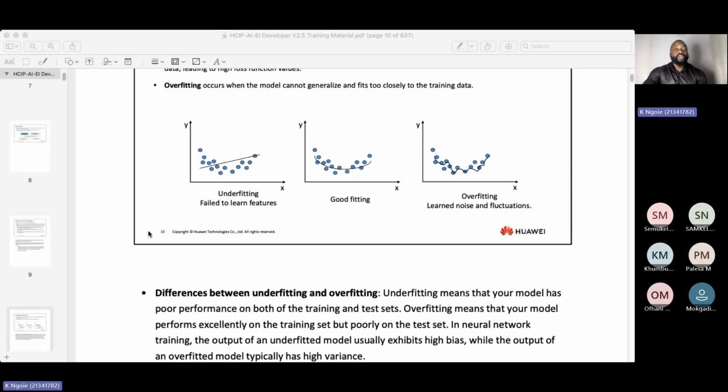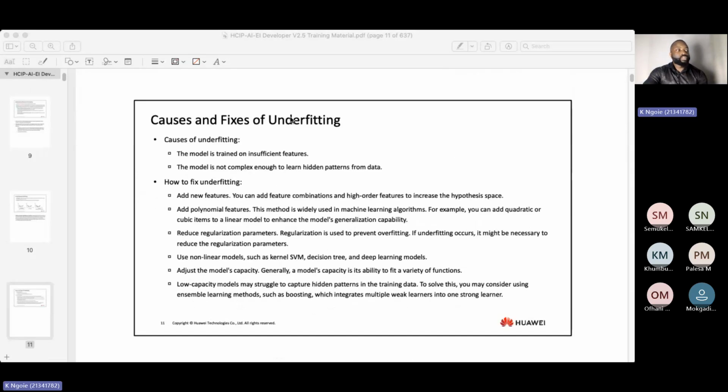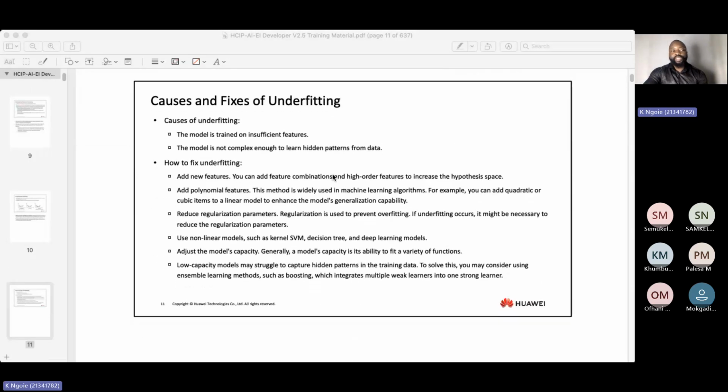All right. So we are now talking about what can cause underfitting. That's what we've mentioned here. You have insufficient features, and that can cause underfitting. You had enough data, but your features. So let me see what example I can give you.